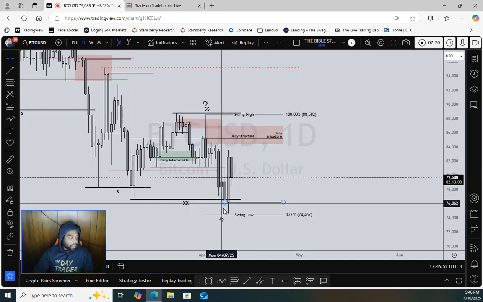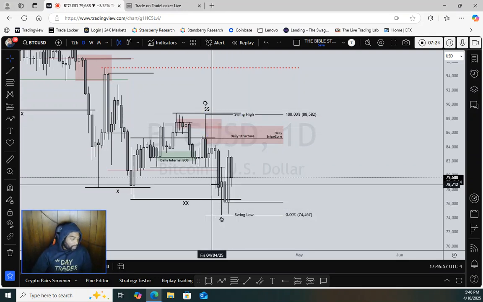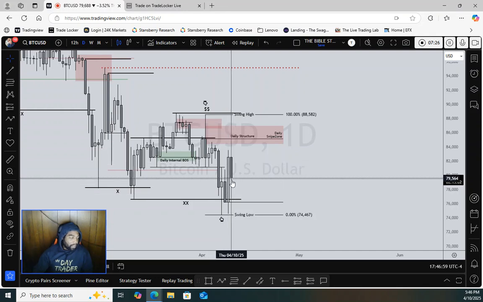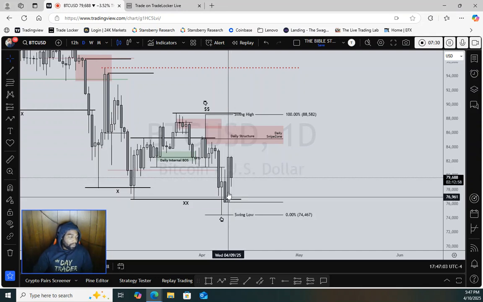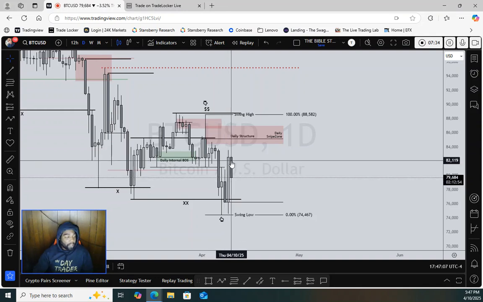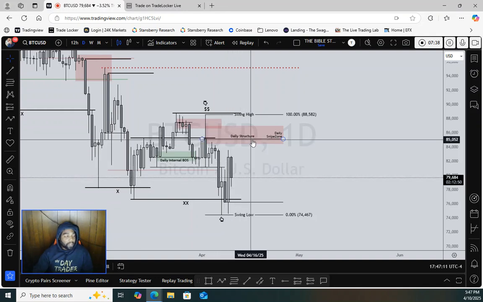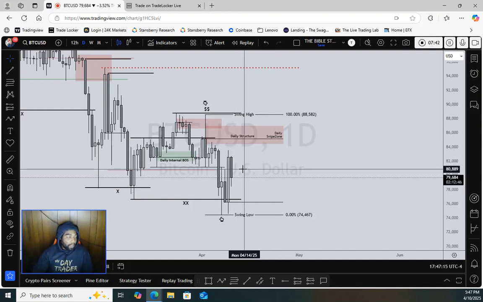Yes, we got this lower high and lower low, but price piercing these equal weekly lows, and we're getting this massive bullish engulfing. And now price is giving us this internal retracement. Again, you can see price come up and then sell off, but we're going to read price action as price